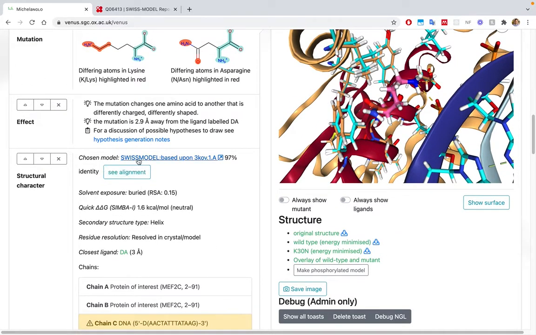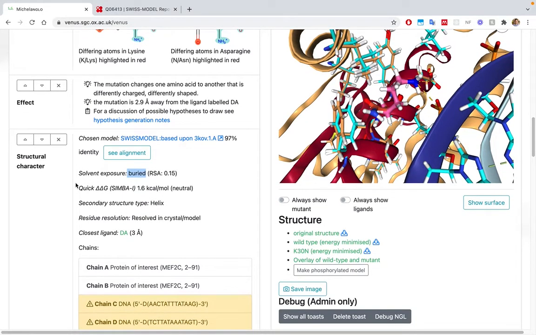Okay, so I talked about what the chosen model was. The residue is predicted to be buried. That is a value determined by the relative solvent accessibility, which 0 means it's completely inaccessible. 1 means it's totally solvent exposed, water in this case. Over here we see a quick delta G value. I'll mention delta G in a minute, but this is just a